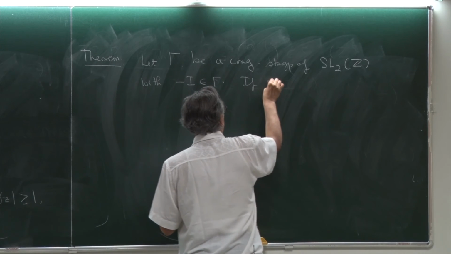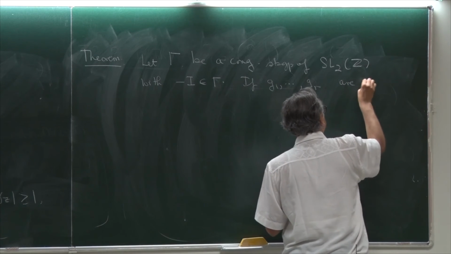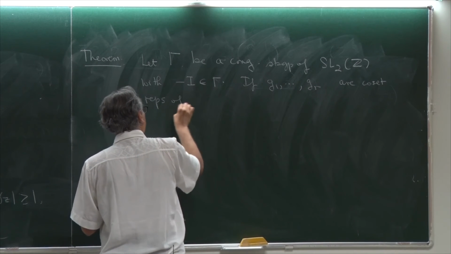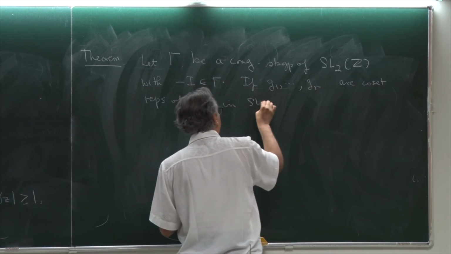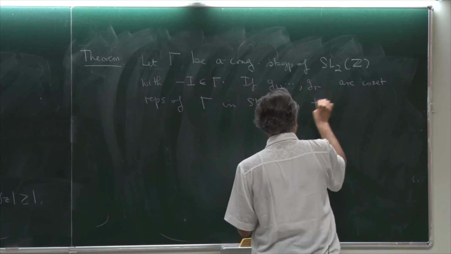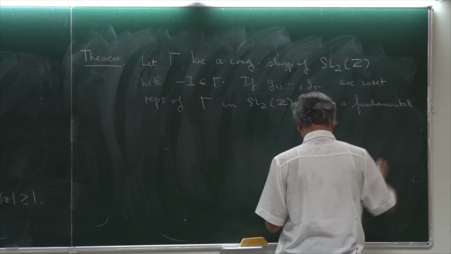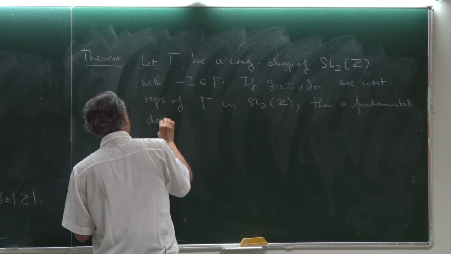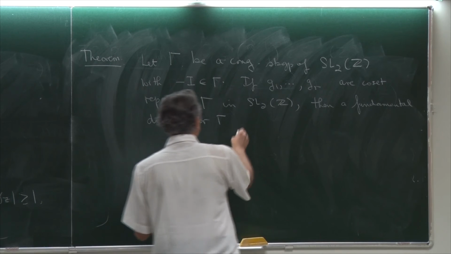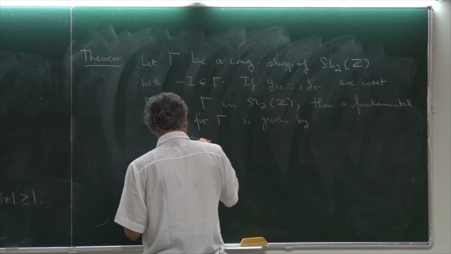If G1, ..., GR are the coset representatives of gamma in SL2Z, then a fundamental domain for gamma acting on the upper half plane is given by T sub gamma, call it,